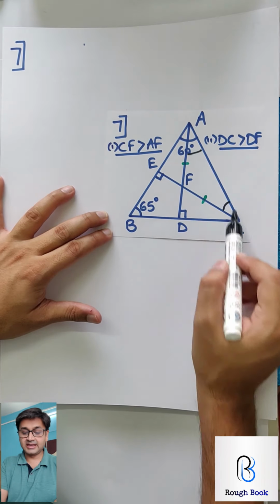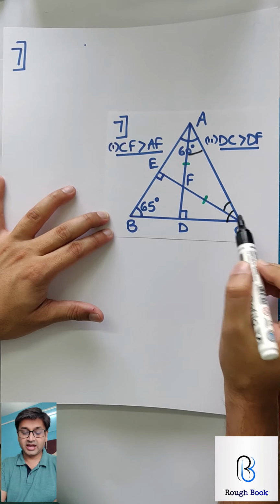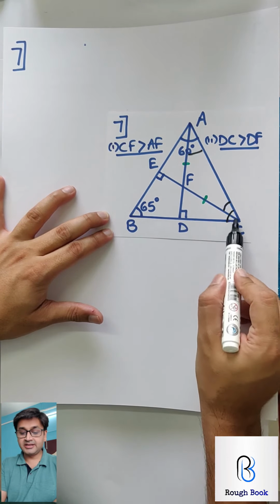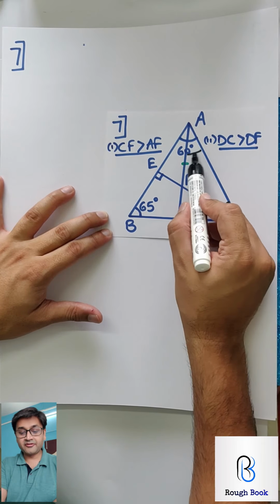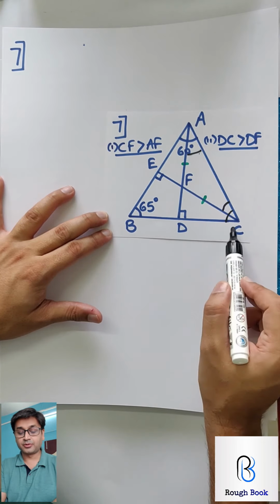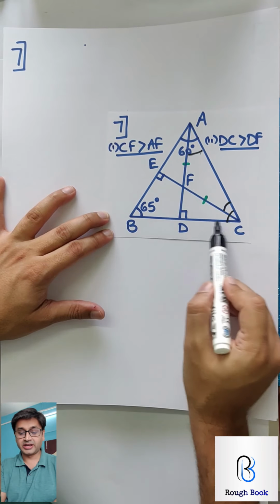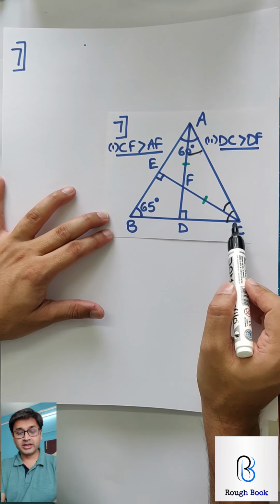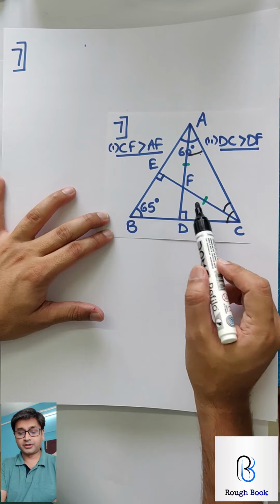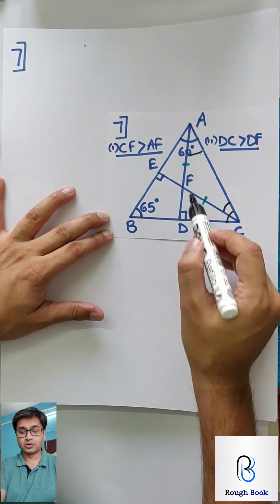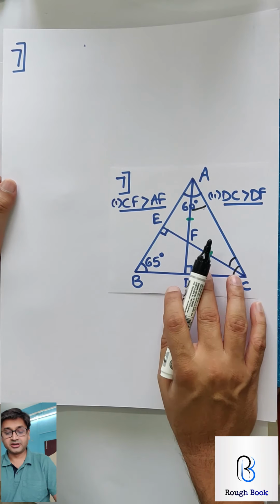Can I get full angle ACB by angle sum property? Yes. Once I get this full angle, I will take triangle ADC. Since I know this now and 90, can I find this angle again by angle sum property in ADC? So apply angle sum property twice, once for ABC, second time for ADC, and reach here. Once you reach here, third time, not angle sum property, I'll tell you how to go. First apply 2 times and get me this one at least, okay? So come on, hit it everybody.